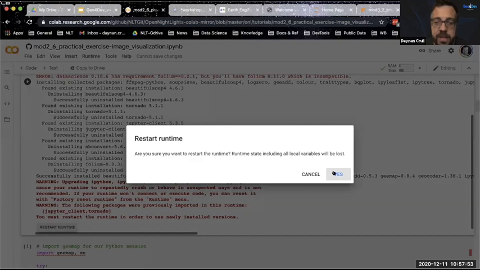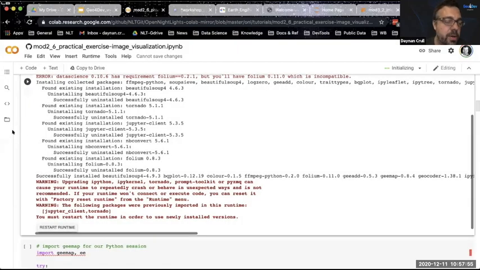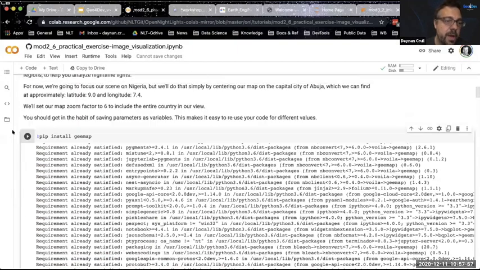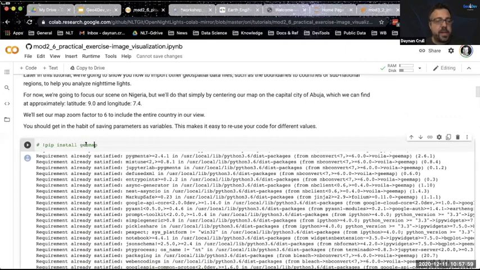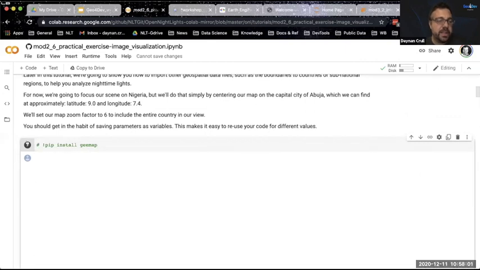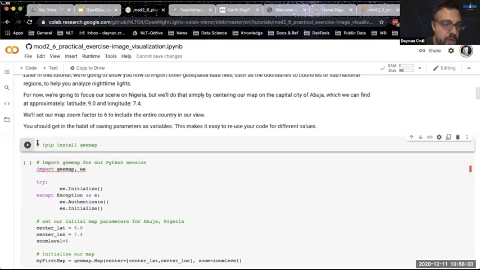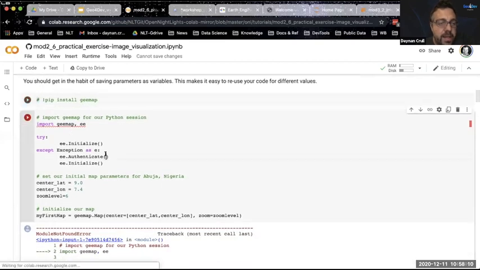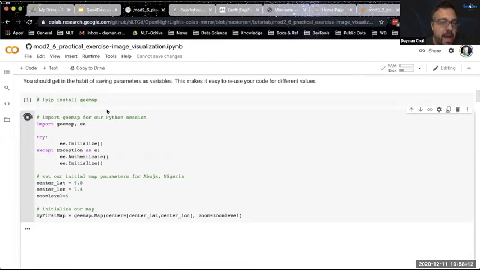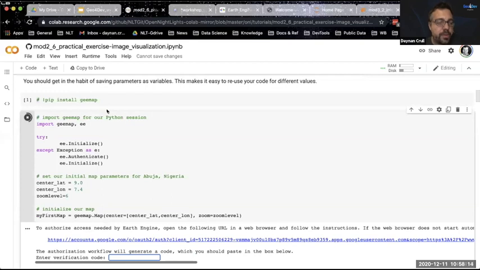And I click this button and restart it. That erases all my current variables, but that's okay. I haven't created any. Now I can comment that out just to keep things clean. And when I run it, it does nothing. And you comment things out in Python by adding this pound sign. Now that I've done that, I'm ready to run this code, and it will not throw that error because